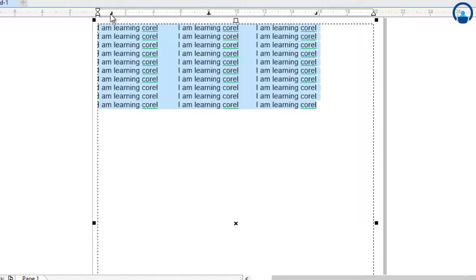You can see this here. This I'll select as left. If you want to change the tab setting of all the lines at once, what you need to do is select all the lines and then change the tab setting.